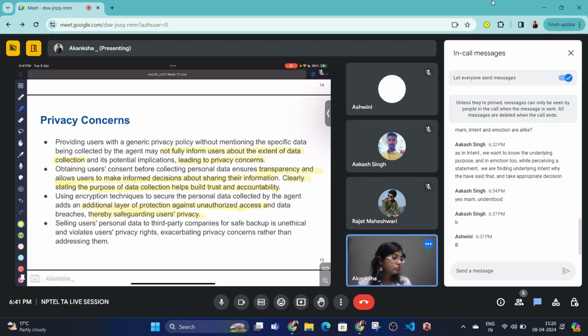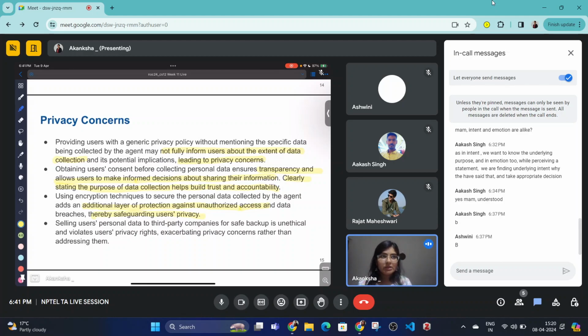And then comes selling the personal data to a third party company for safe backup. It's the worst thing you can do, because it's actually happening. Many companies, many of our data is being recorded by so many websites, and they just sell the data to